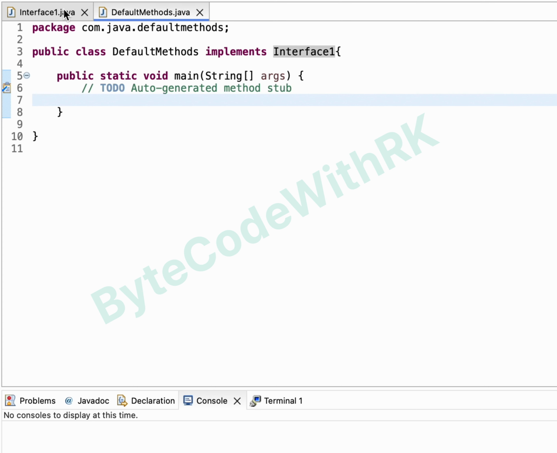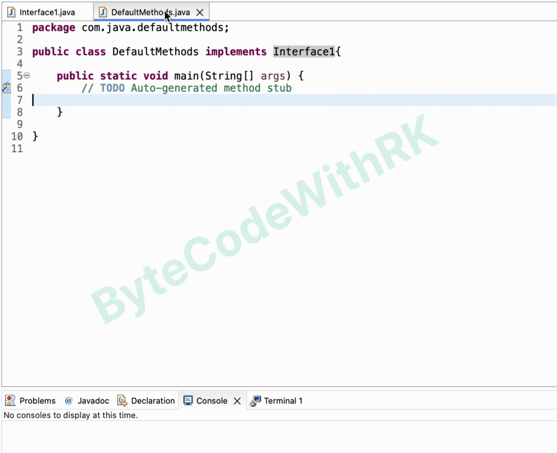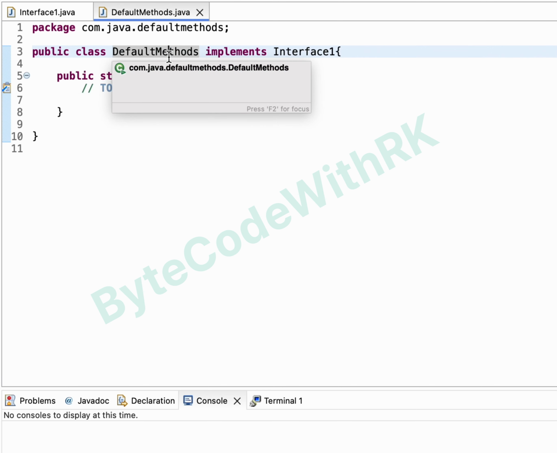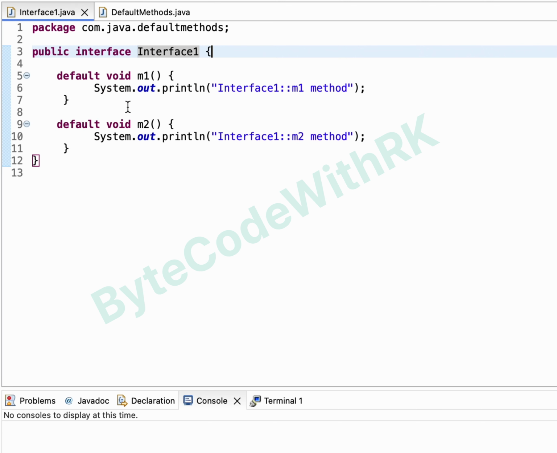I have created an interface with two default methods, m1 and m2, and a normal class implementing Interface1. Generally, the principle of interface says if you write any method in an interface, you should override all the abstract methods in the implementation class. Suppose let me write an abstract method